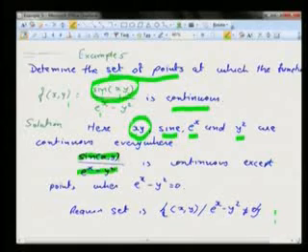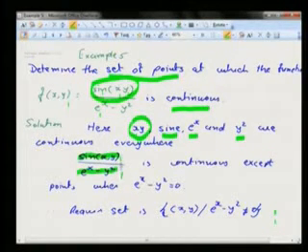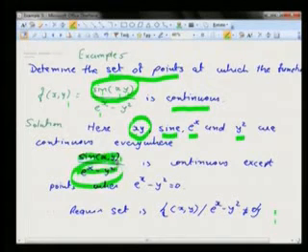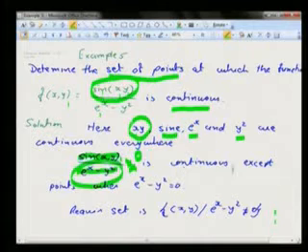y square. Now this is of the form f(x,y) upon g(x,y). So this function is continuous if the denominator is not equal to 0. If this is not equal to 0, the function is continuous. If this is equal to 0, our function is not continuous at that particular point. So if I want to write the set of all points where the function is continuous, then the required set is